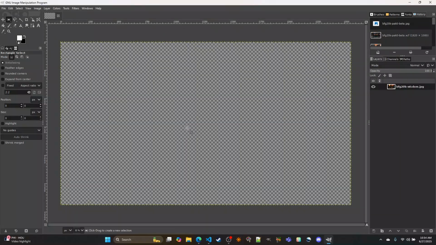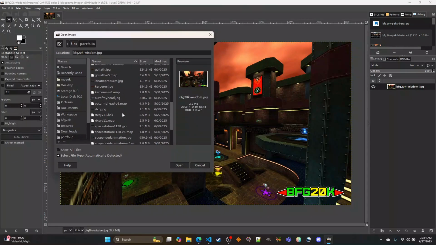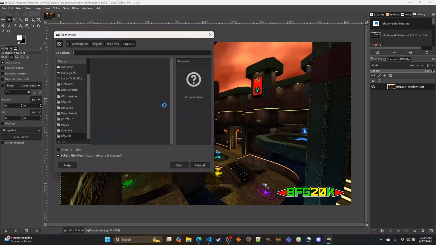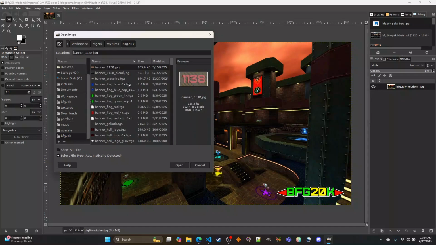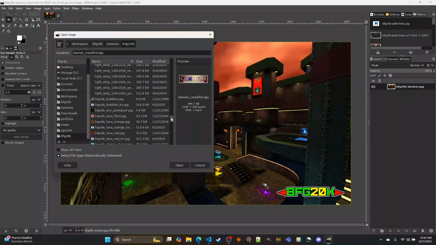Alright, so this is a graphic that's pretty large. If I were to try to upscale it, it's going to take a really long time. But if I go to something a little bit smaller, like this folder here that's got all the textures that I've been working on, and then I go to, yeah, this is a pretty good idea actually. I'll go to this one texture. Did not want to upscale that well,